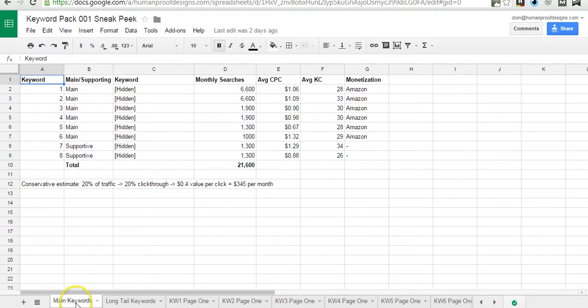So this is the main keywords, the first page you see. I always choose 8 keywords per pack, but for the main role, these will all have over 1,000 monthly searches, and the average KC, I always look for ones that are below 40, although for this pack they're below 35,